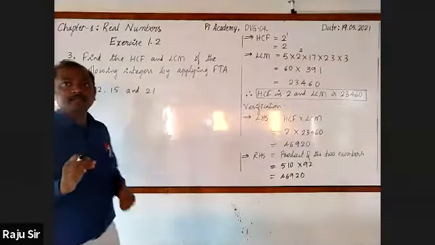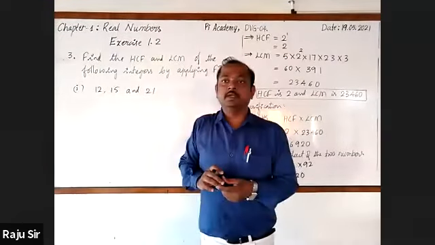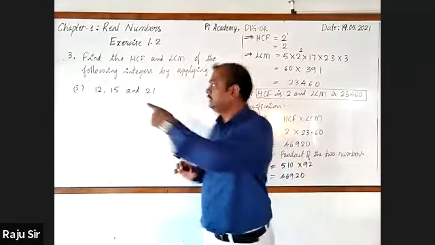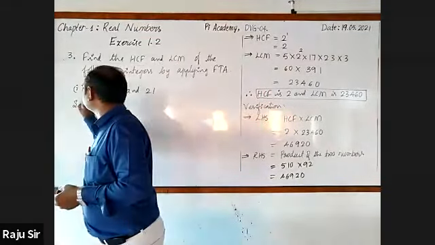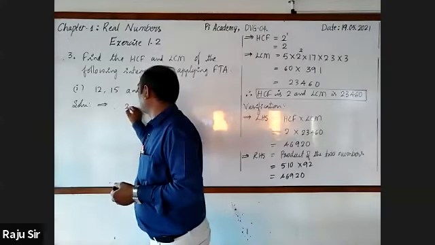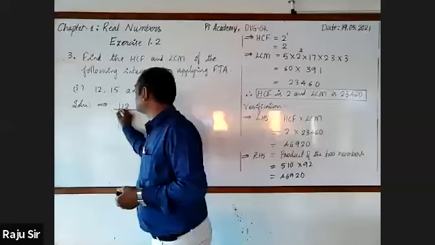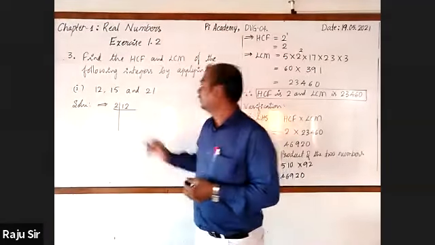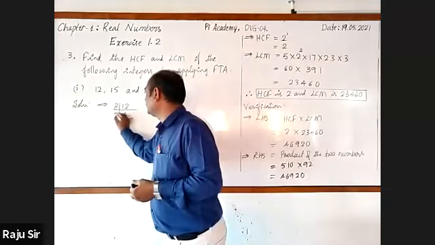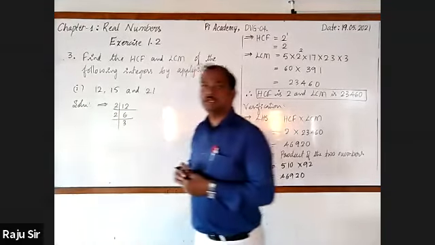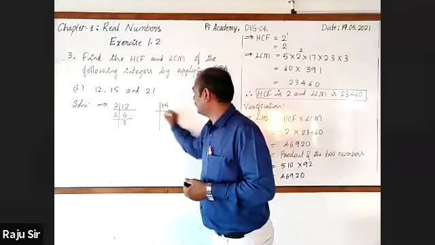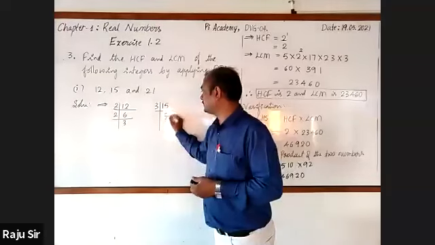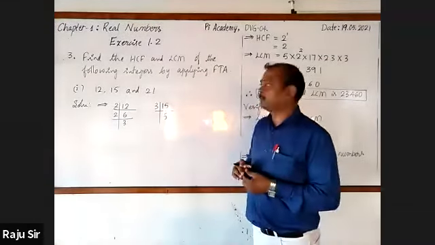As it is prime factorization method, you must find out the prime factorization of each number. Please go on writing with me. First take 12. As it is an even number, you may start dividing this by 2. 2 6s are 12, then 2 3s are 6. Next, 15 is there. You may write it as 3 5s are 15. 5 is a prime number. You can stop over there.